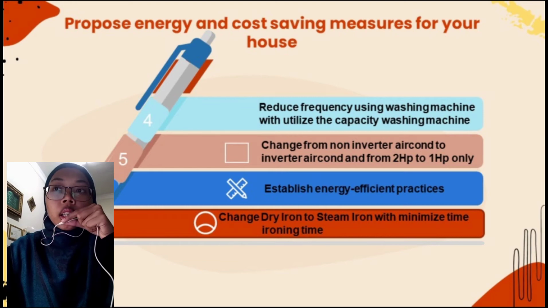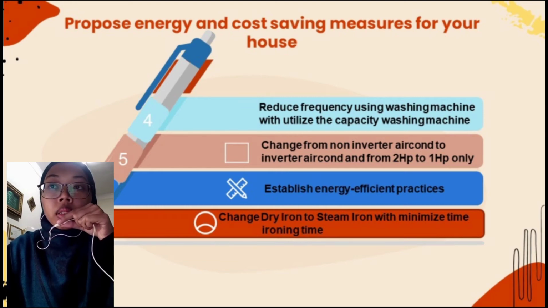and cost, such as, first, we can reduce the frequency of using the washing machine, which utilizes the capacity of the washing machine. We should only use the washing machine when the laundry is at maximum weight, so that we can do it in only one round. And then for the fifth, we need to change from a non-inverter aircon to an inverter aircon, from 2 horsepower to 1 horsepower only. This is because using a high horsepower aircon, we are also using a high consumption of electricity